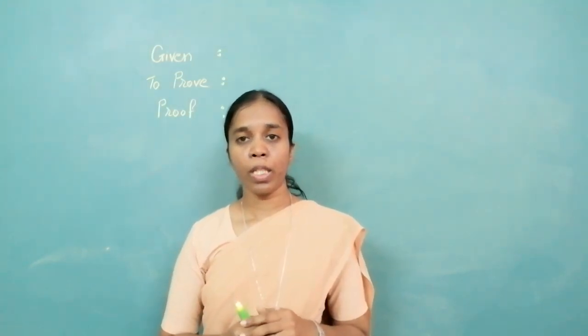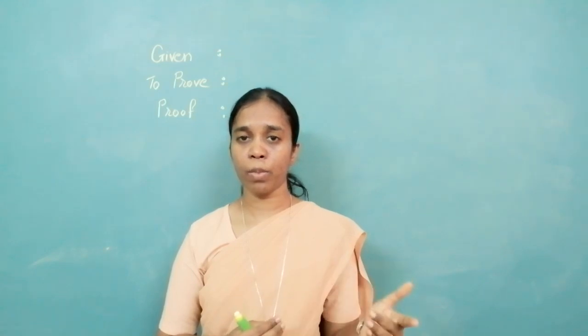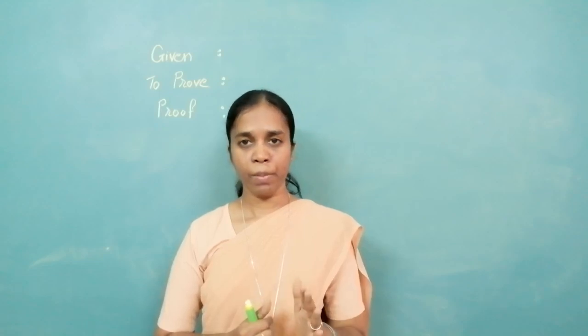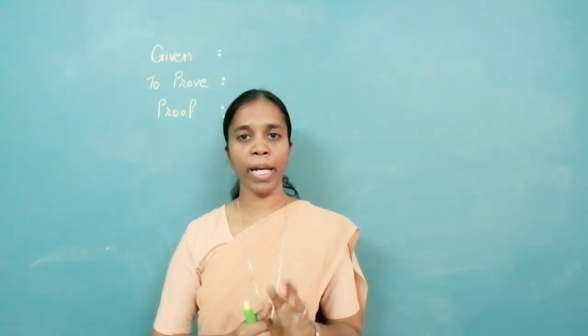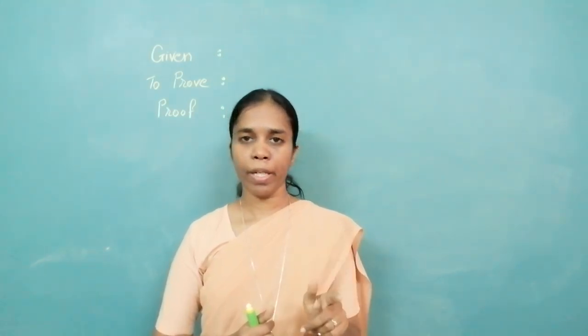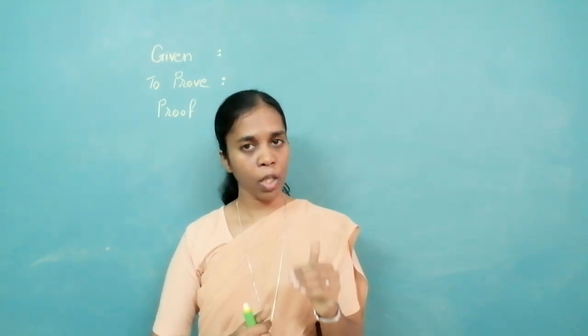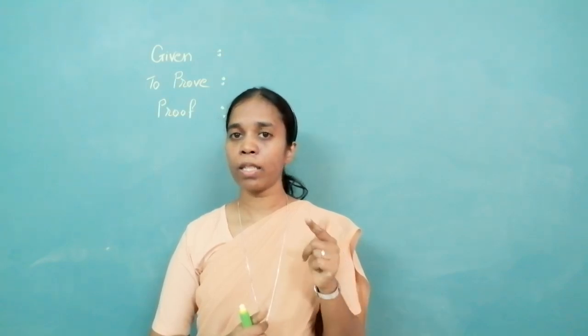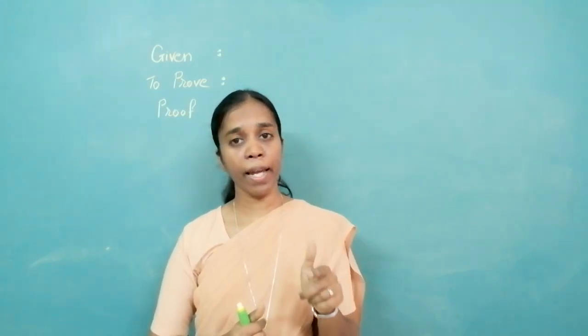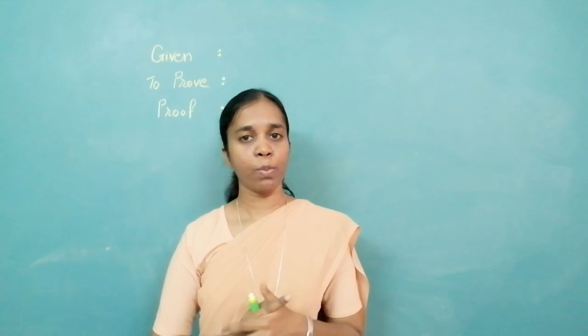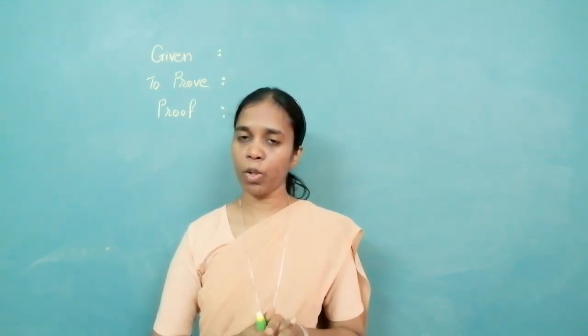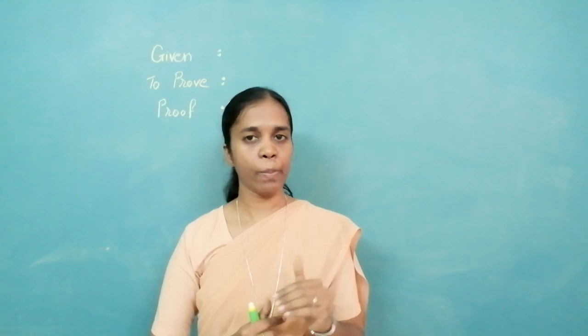Today we are going to learn the other two theorems, that is about corresponding angles and about alternate angles. Please remember, if you are given two parallel lines, the first point that should come to your mind is: if the given lines are parallel, corresponding angles are congruent, alternate angles are congruent, interior angles are supplementary, meaning their sum should be equal to 180 degrees. I repeat, corresponding angles are congruent, alternate angles are congruent, interior angles are supplementary.